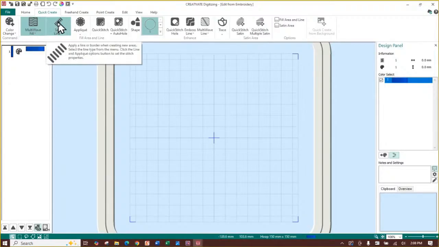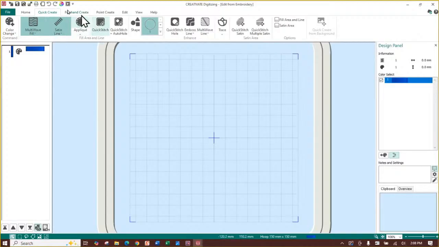I'm going to leave satin line open. So now I've told the software the next thing that I create, I want it to have a multi-wave fill and a satin line. But one thing to remember, I don't know what my settings may be because I may have done a multi-wave fill a while back and had a really, really open density, and maybe I want it fuller for this. Or maybe I had a 6 millimeter satin line, and this time I want a 3 millimeter